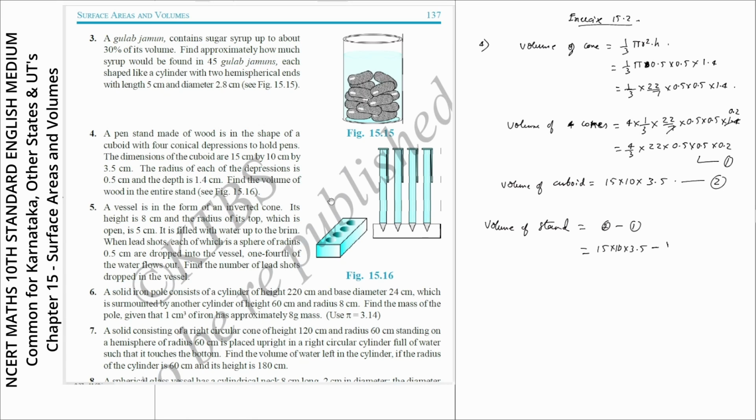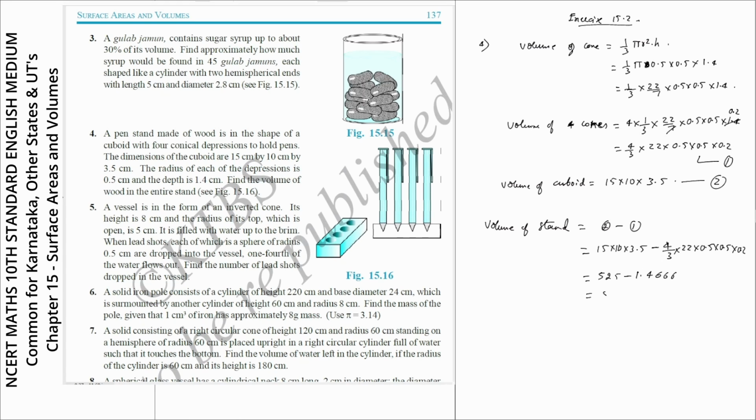1 is 4/3 into 22 into 0.5 into 0.5 into 0.2. Now this is equal to 525. 15 into 10 into 3.5, I'll get 525, and the next term I'll get as 1.4666, it's recurring actually. So if you subtract these two,